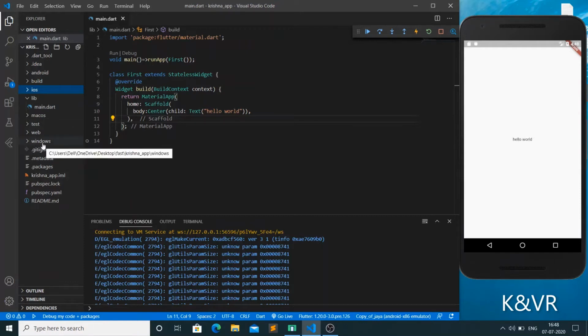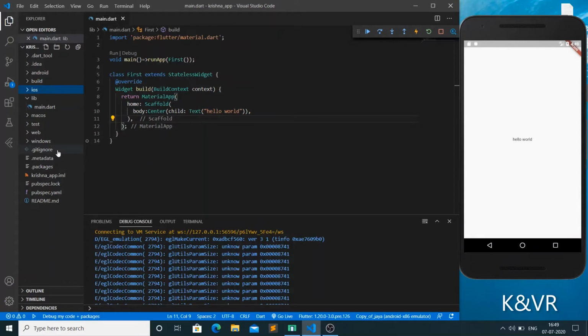And for Windows, I have also enabled Windows and web pages. So whenever I write one code, it will convert all the code for Windows and web pages, and for macOS, for Android, for iOS, it will create all the apps. It's very crazy, no? Let's go here.